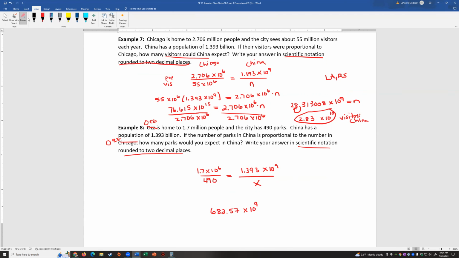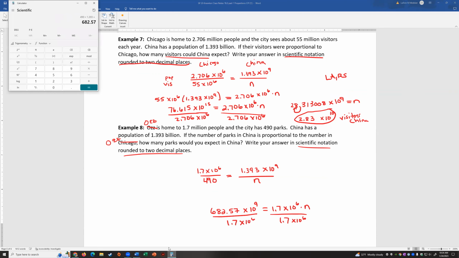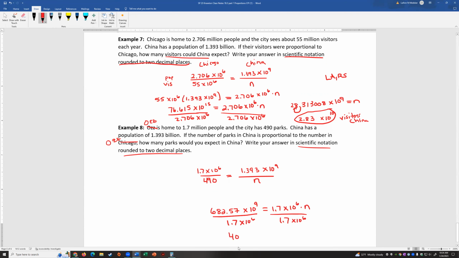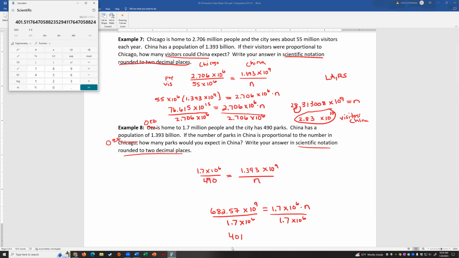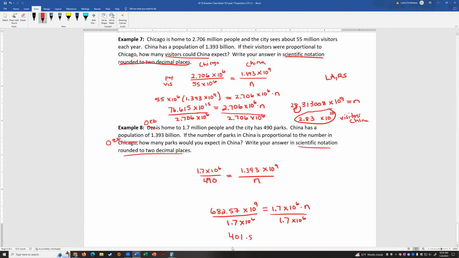That was still in that diagonal, and I want to make that an N. See, this is where I get into trouble. It's better to make it an N if you're using scientific notation because everything starts looking like a times symbol. And then this is 1.7 times 10 to the 6 times N. We're going to be dividing. So 682.57 divided by 1.7. I'm going to write this out to a few places. 401.51176